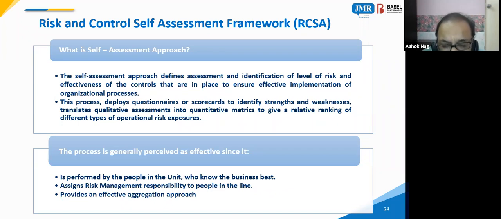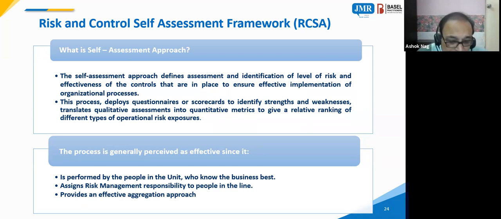One of the controls you have is a properly functioning closed circuit TV, CCTV. Why is it a control? Because even if things happen, this CCTV will help you to nab the people who have done it and try to recover the things; at least some process can start. So this is the control you have to look at. And who is the control owner? The control owner is the branch manager.